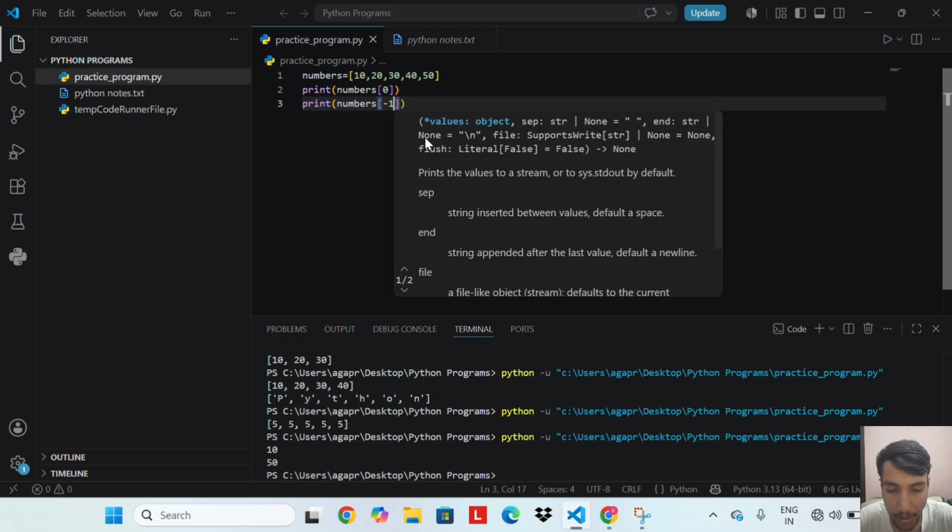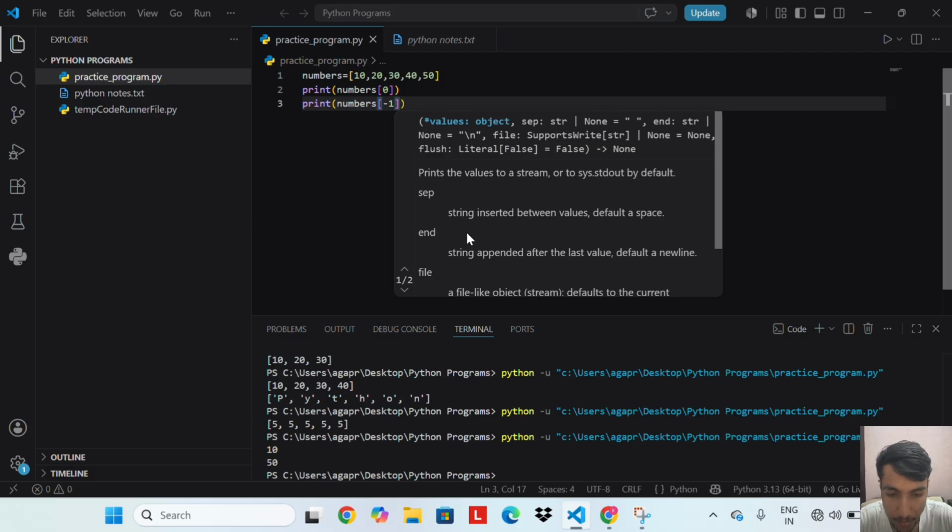List indexing works exactly like string indexing. Positive indexing starts from 0. Numbers 0 is 10. This is 0, this is 1, this is 2. Index of 10 is 0, index of 20 is 1, index of 30 is 2. So index 0 is 10, so the output is 10.